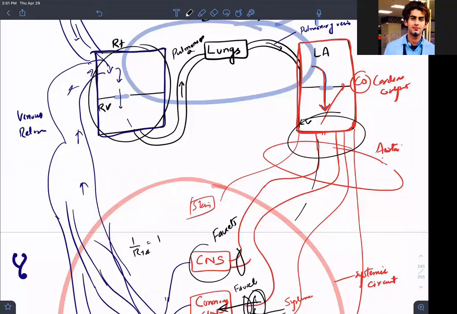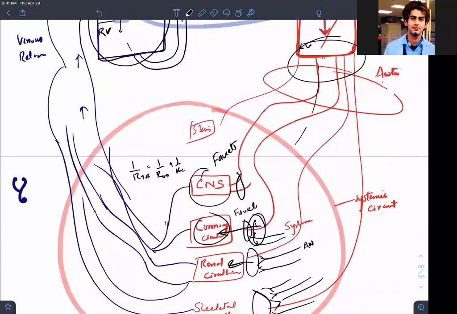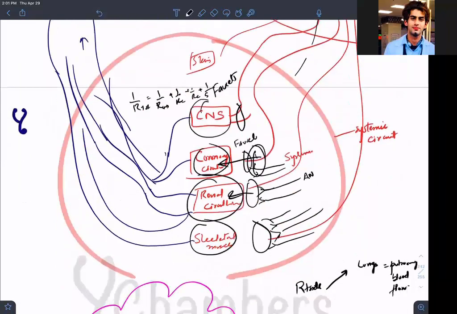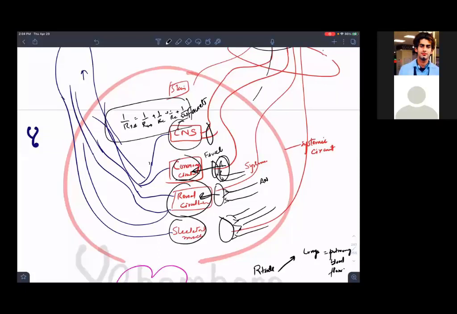We will say 1 by resistance in the CNS plus 1 by resistance in the coronary vasculature plus 1 by resistance in the renal circulation plus 1 by resistance in the skeletal muscles. Oh, what a concept. Every field of science is helping us to understand this, because these are all interrelated subjects. That's why they teach you physics, chemistry. So in parallel, we are able to appreciate that parallel is a good arrangement.